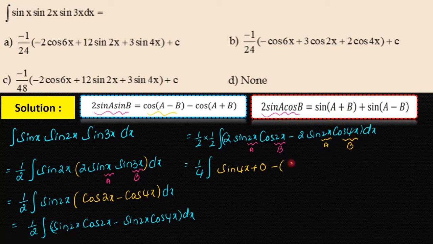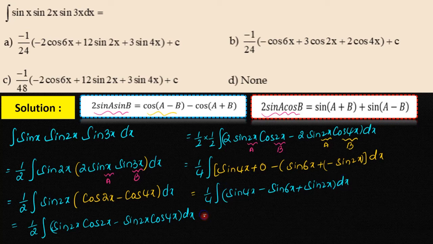Sin of A plus B, that is sin of 2x plus 4x is 6x, plus sin of A minus B, that is 2x minus 4x, minus 2x. Sin minus theta is minus sin theta. So minus sin 2x into dx. This equals to 1 by 4 into integral sin 4x minus sin 6x minus into minus plus sin 2x